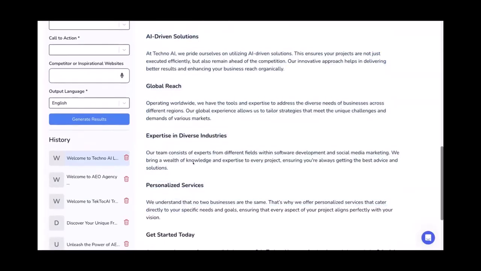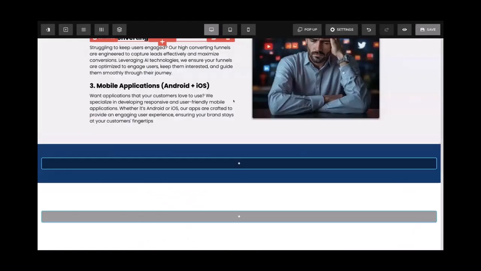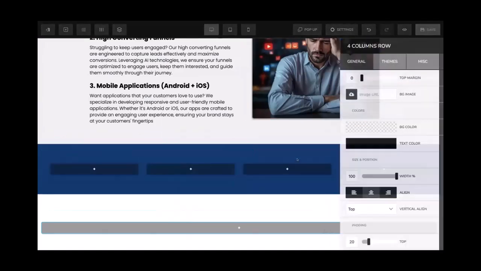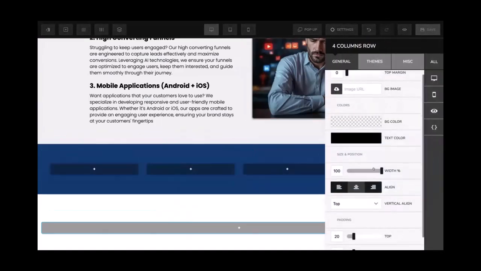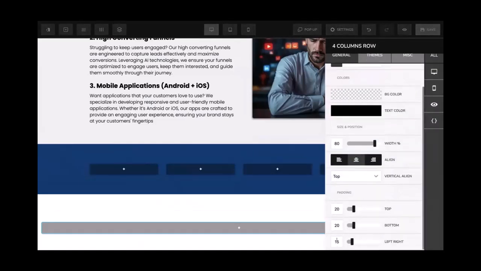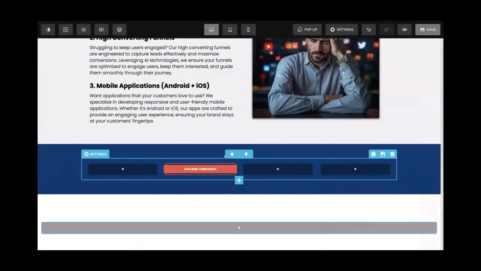And now let's add these in the form of cards over here. As we have got 4 benefits, I'll just add a row with 4 columns over here. And we can make its width 80%. Left right padding, we can make it 10% maybe. So